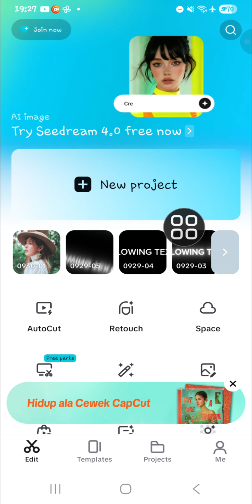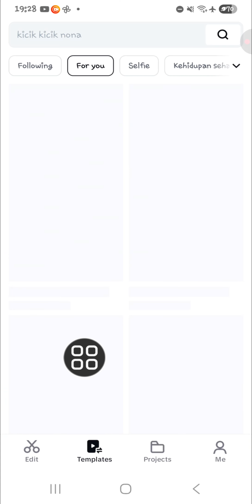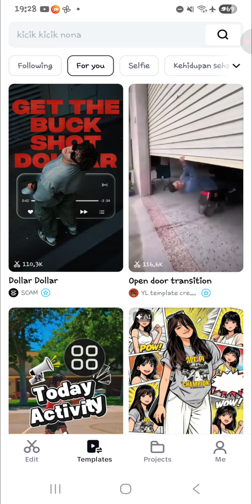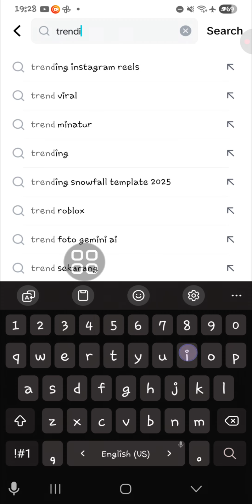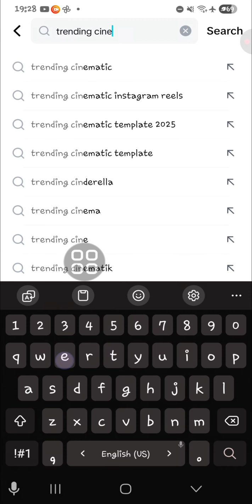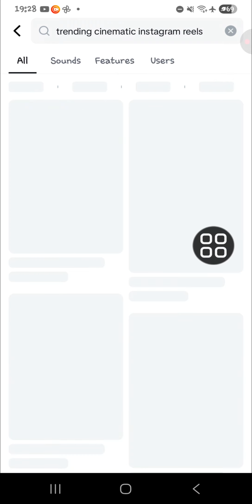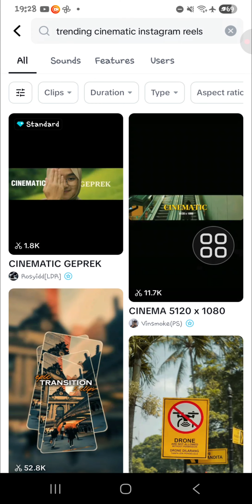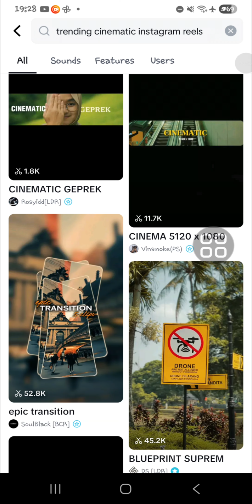and instead of choosing new project, I'm going to choose templates here, and I'm going to use a template to create trending cinematic Instagram reels. Okay, here guys, you can search for trending cinematic reels. Okay, trending cinematic Instagram reels, and by using a template guys, it will help you to boost your content because it's trending. And you just need to choose one of the templates that you need or that you will use to